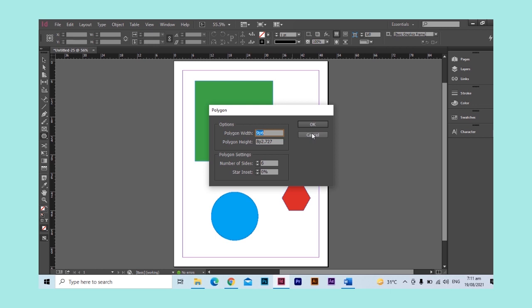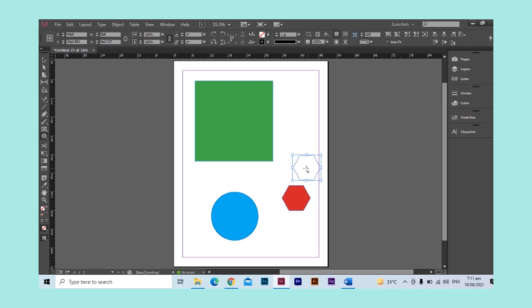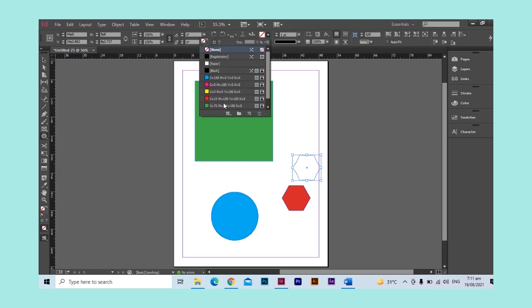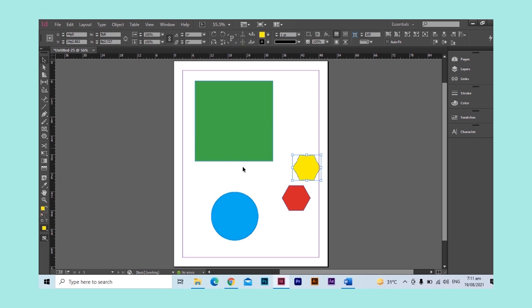After selecting the polygon tool, you can also click on the document and set your polygon width, polygon height, number of sides, and star inset. So it's very simple. You can see that I am filling this polygon with yellow color. So these are all very simple tools, but very useful and the most common tools.